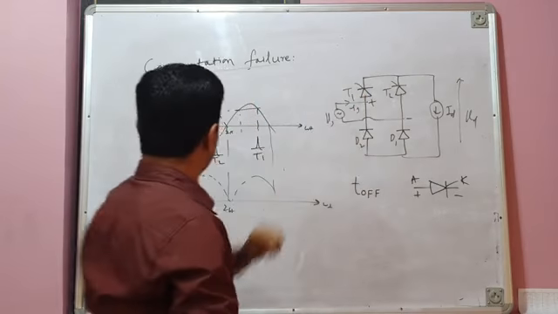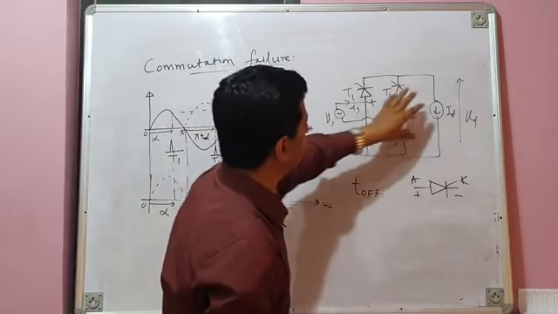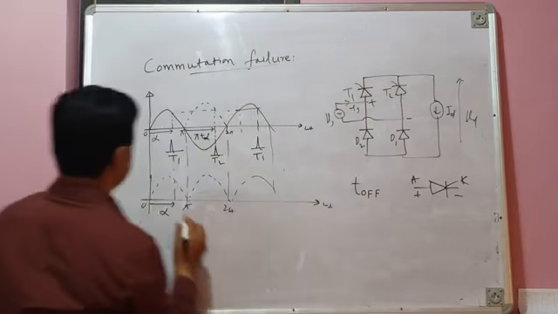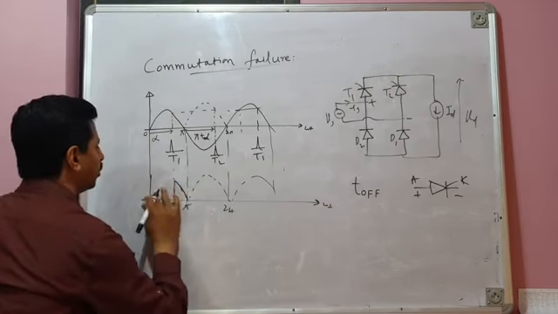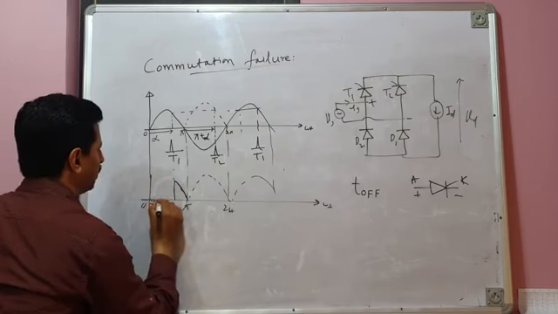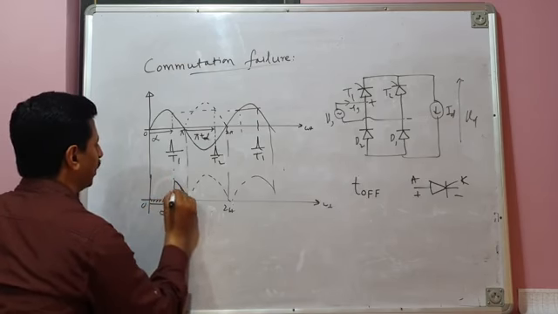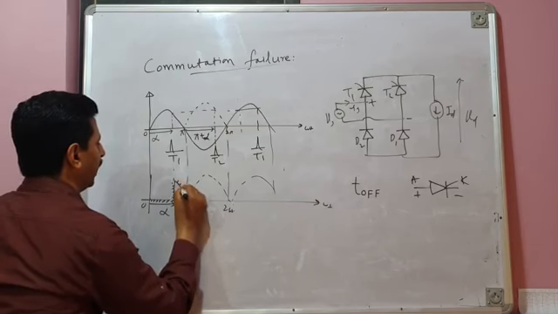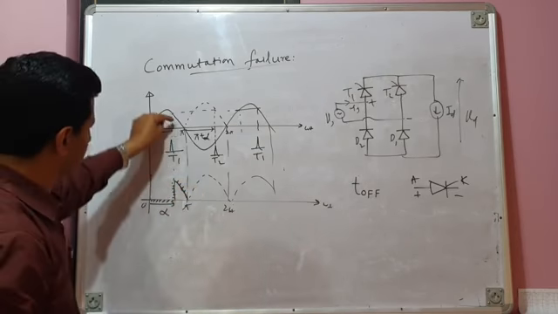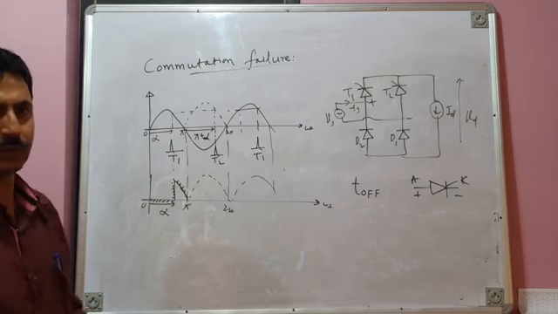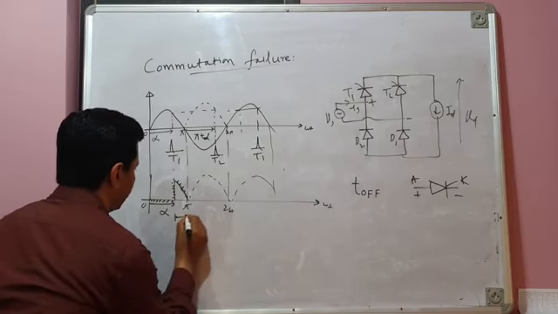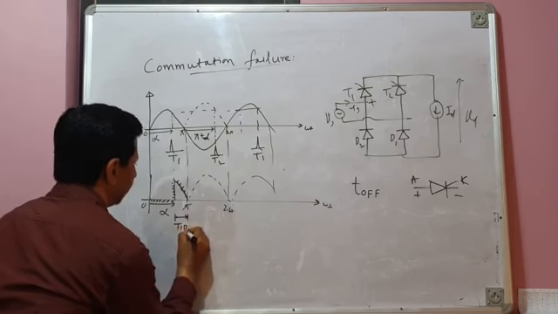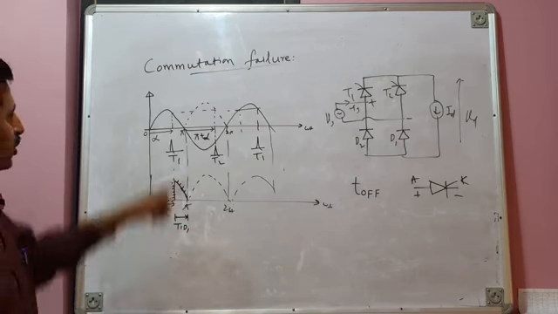and it immediately turns on, and T1 D1 turns on, and the remaining segment of positive half cycle of source voltage appears across the load. From 0 to alpha, load voltage is 0, and from alpha to pi, load voltage is equal to the remaining segment of positive half cycle of source voltage. So during this period, what is the pair of valve devices which is conducting? T1 D1. Fine. उसके बाद क्या होता है?